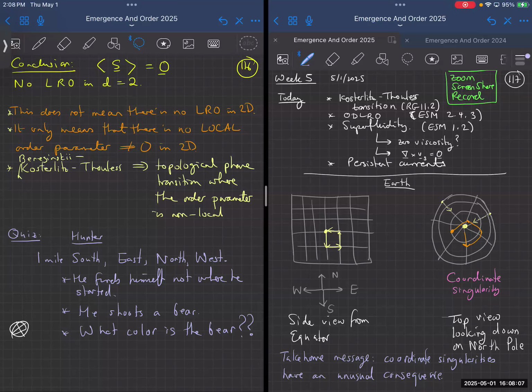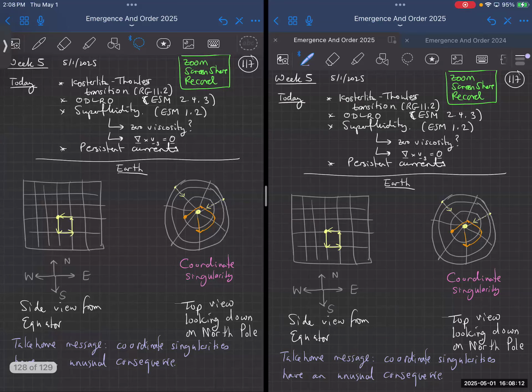So we're going to start off with the Kosterlitz-Thouless transition, and we're going to be using sections of the notes that now come from my notes on emergent states of matter, as opposed to my notes from the renormalization group course. When I say ESM, that means emergent states of matter, and those notes are on the Canvas website, and you can just download them. It's essentially an unpublished book with typos, so it needs to be corrected. And one day I will publish it as a regular book.